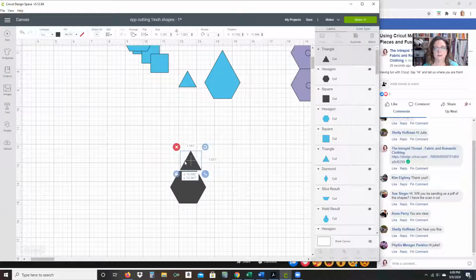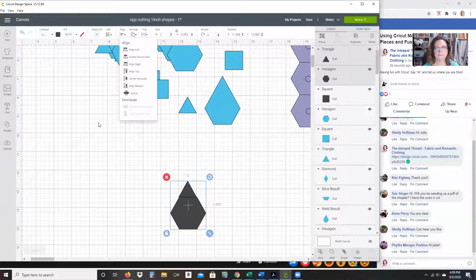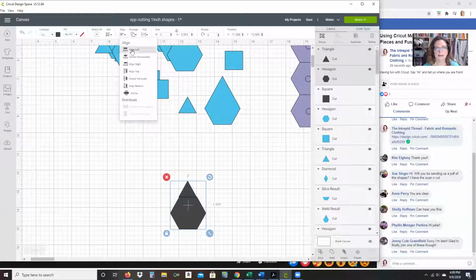Actually, I think that makes it 1 inch if you just do 1. So now these two will fit together. And if I grab them both at the same time and then click the align, and I align center horizontally and align,